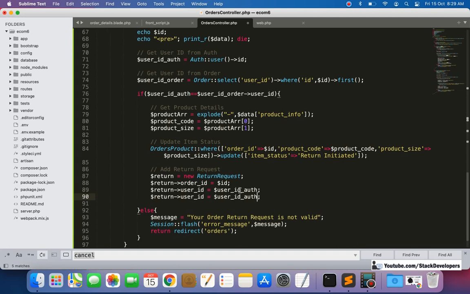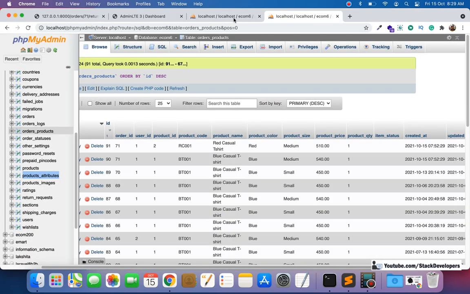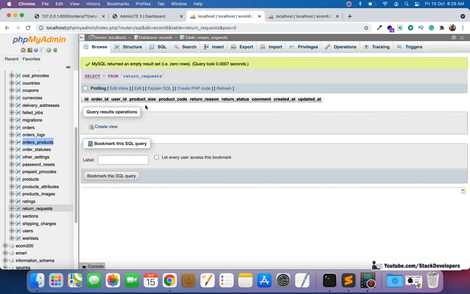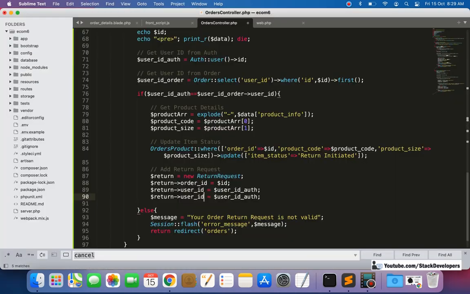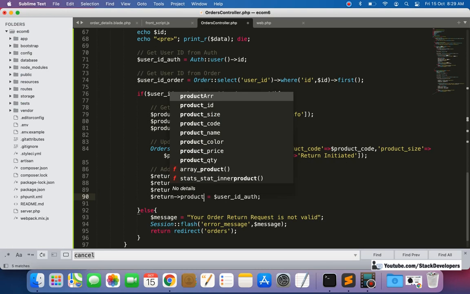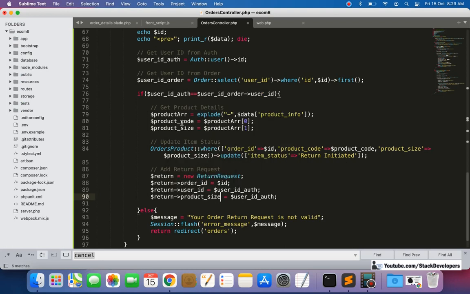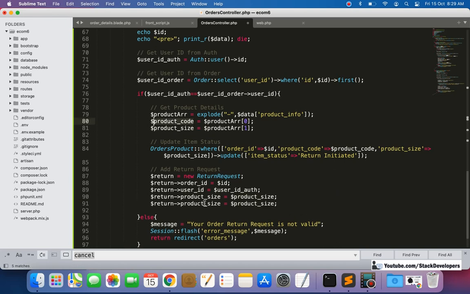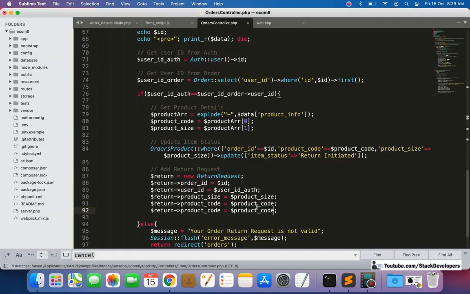Now product code. Here we can check once: order id, user id, and product size and code. Product size, we are already having. Now product code. Now we are going to have the return reason.